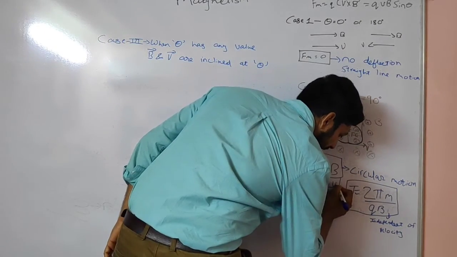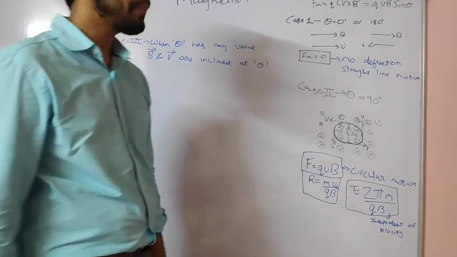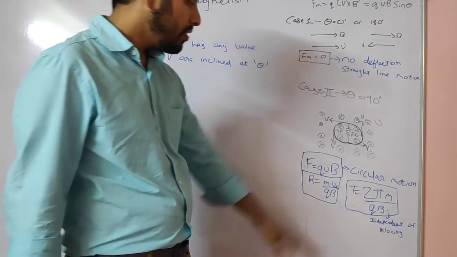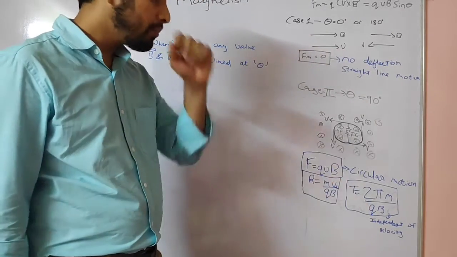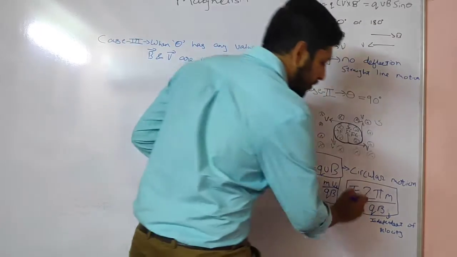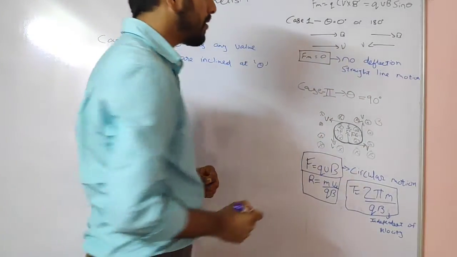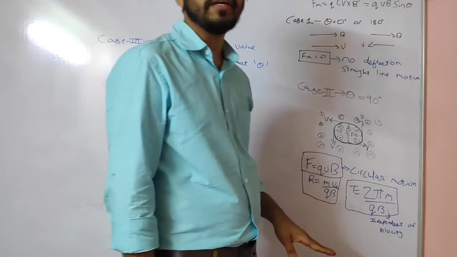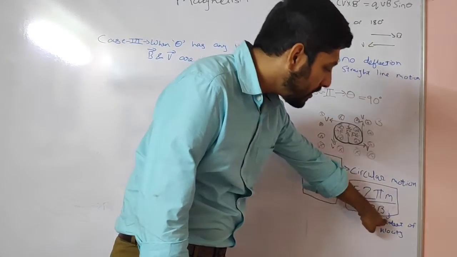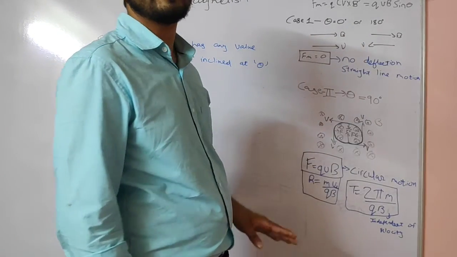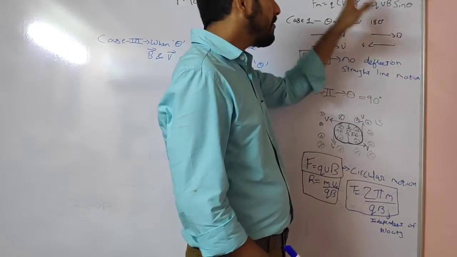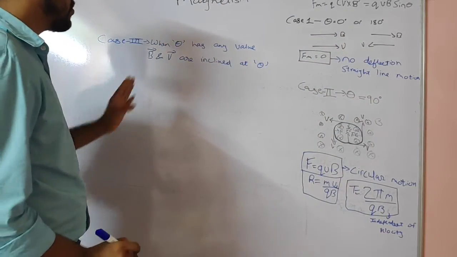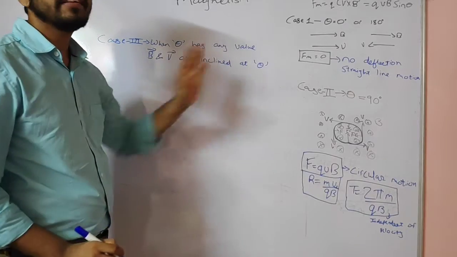Here, can I write v perpendicular? Because it is perpendicular to the magnetic field itself. So if I write mv or mv perpendicular, both are the same. We also derived the equation for time period for one circulation, which equals 2 pi m upon qB. An important point was that it does not depend on velocity; it is independent of velocity. We shall require all this for our next case, when the angle between B and v is inclined at theta.